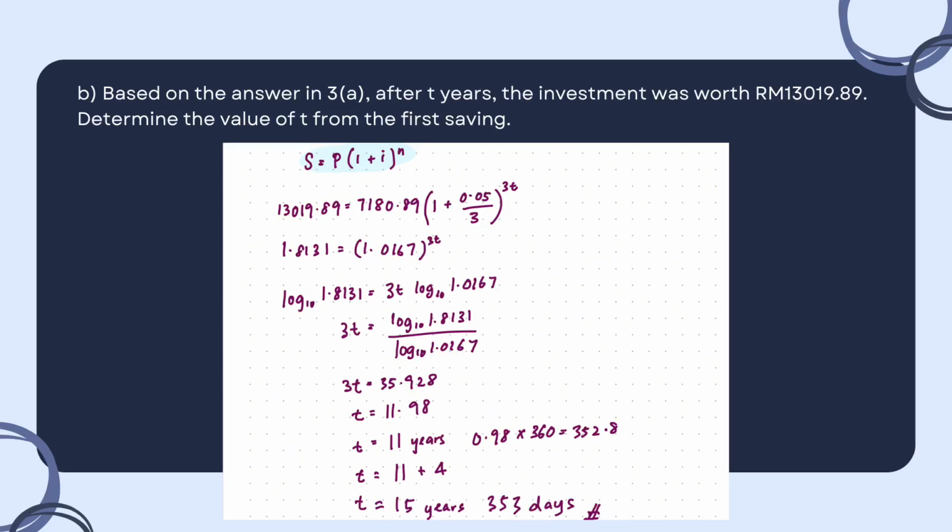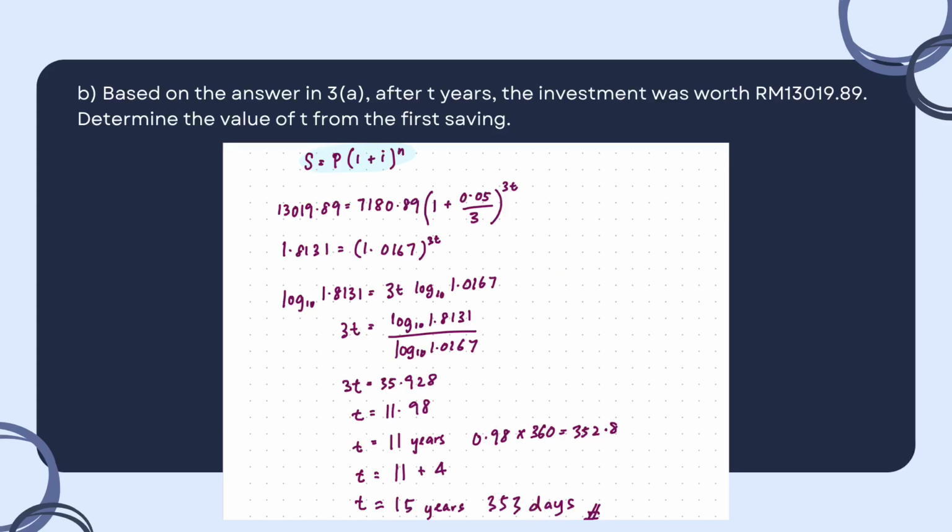Next, we use the log to find our T: log 10 1.8131 equals 3t log 10 1.0167. Next we bring log 10 1.8131 to the other side to divide with log 10 1.0167, and after we divide we will get